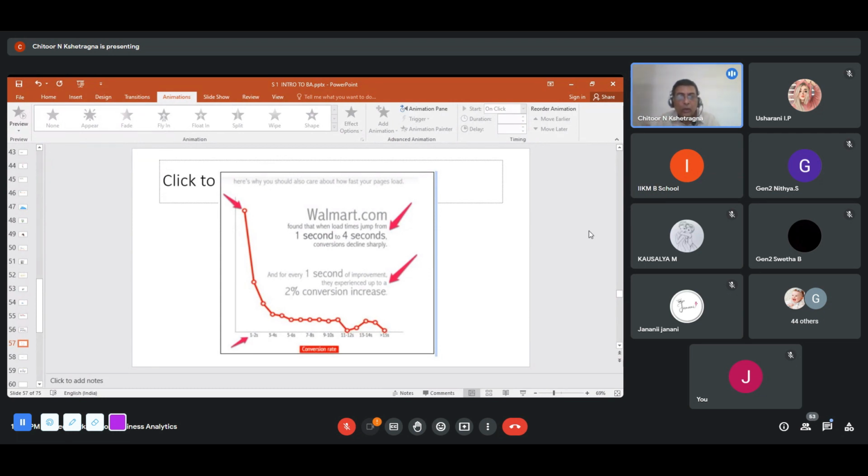When I'm going and searching for Walmart in Google, within 1 second, if I get my Walmart website, my sales numbers go up many times. But if there is a fall, every 1 second loss means a fall of 2% conversion, right? And vice versa. And that's what this chart tells us. So simple, I'm just giving you a very simple example, a simple website, how much it has to be worked on every time, right? And this is Google Analytics, right?